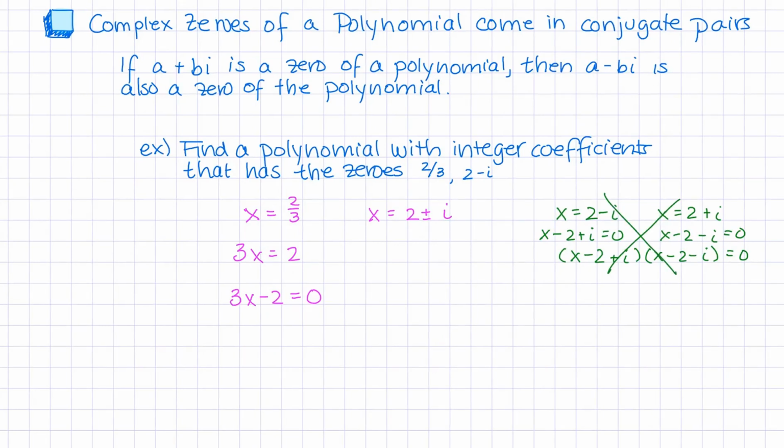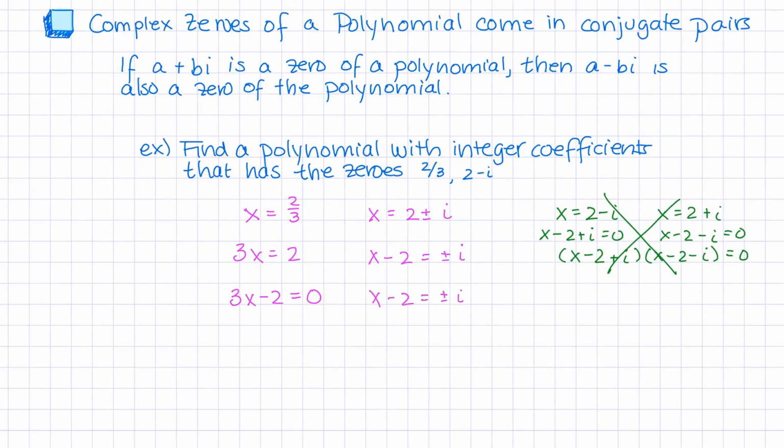So what you can do is you start with x equals 2 plus or minus i. So that has both zeros in it. I am going to subtract 2. So just get the imaginary part by itself. And then,